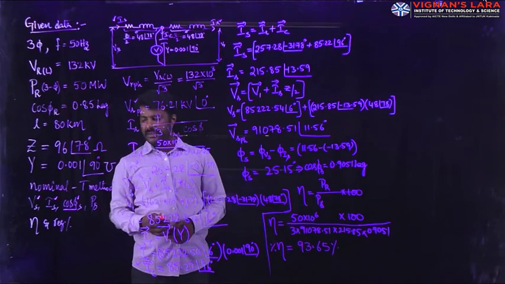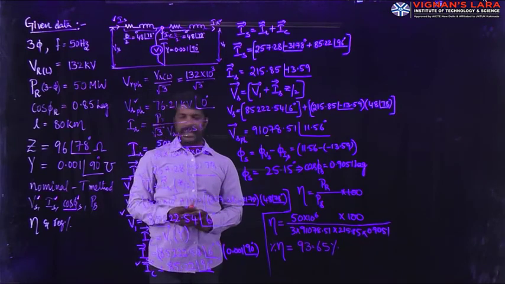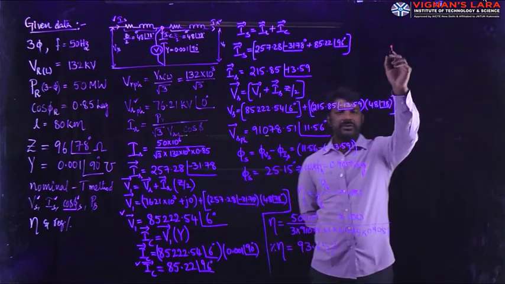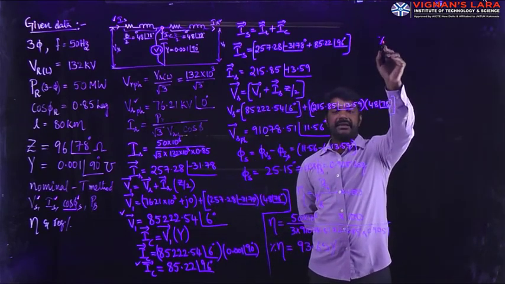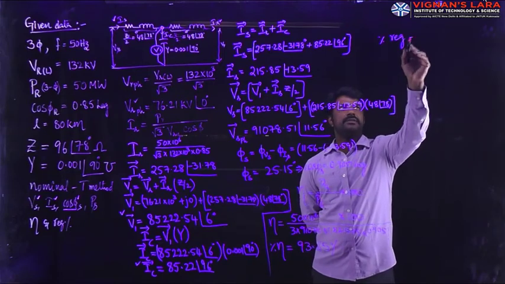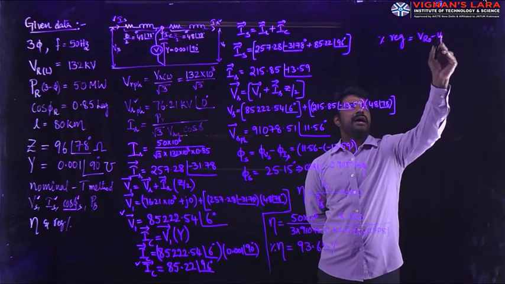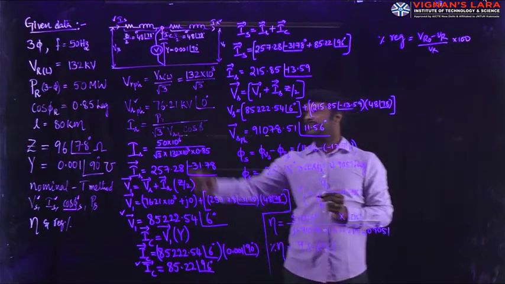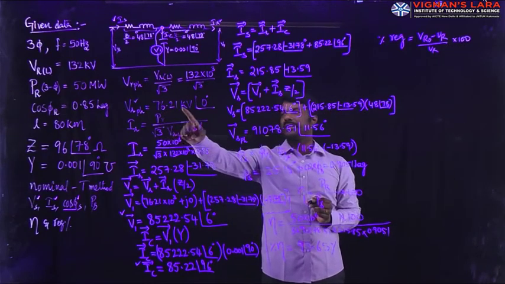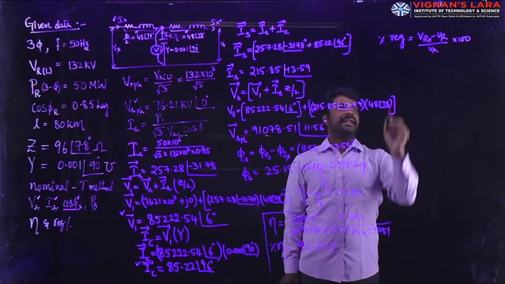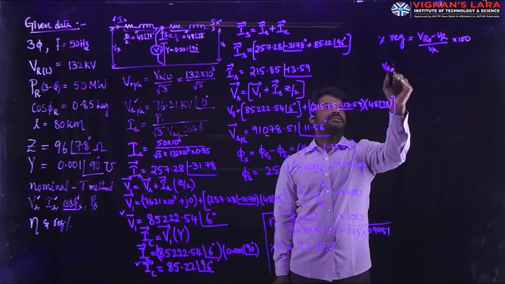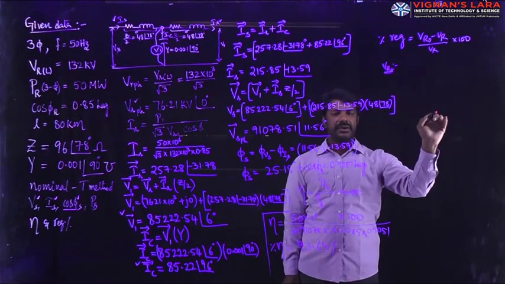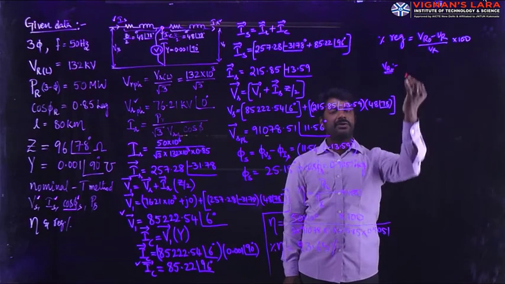Okay, they are asking us to find the efficiency alone. I took the regulation part also. If you are interested, you can calculate the regulation. Anyhow, I will discuss the regulation part also. Coming to the regulation, percentage regulation is equal to VR naught minus VR, by VR, into 100. The receiving end voltage per phase value, you know, is 76.21 kV. Don't bother about that. Next, VR naught is to be calculated. The procedure I am telling here, you can simplify and get the value of regulation.